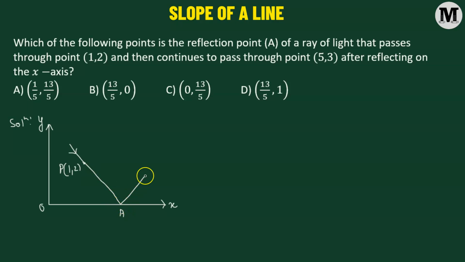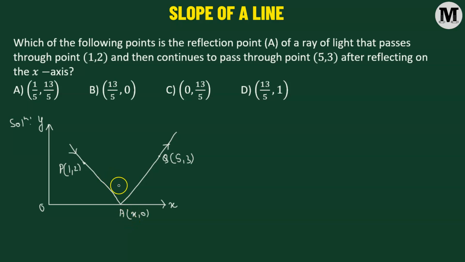it gets reflected, and as it gets reflected, it passes through another point. We're going to name it Q, having the coordinates 5, 3. Our goal will be to determine the coordinates of point A. Now let's name the coordinates of point A as x, 0. Our goal will be to determine the value of x, and that's going to help us obtain the coordinates of